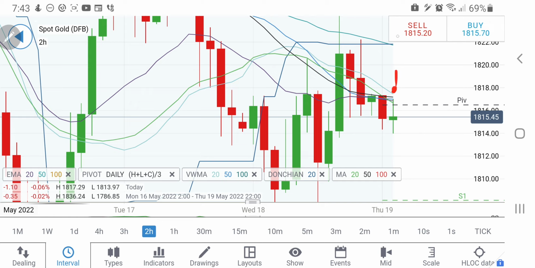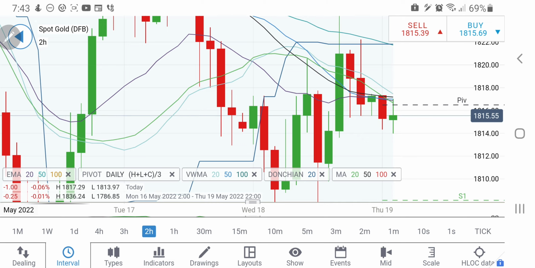Yes, you can go long above 1818. As I told yesterday, above 1818 one can expect 1820, 25 and 30 levels. It precisely went up till 1825 and retraced. Today again, if you see gold trading above 1818, you can go long and expect it to rise. The next target is 1822, and beyond 1822 one can expect a strong reversal towards 1825 and 1830 levels. In fact, 1836 cannot be denied if it continues to trade above 1818 levels.